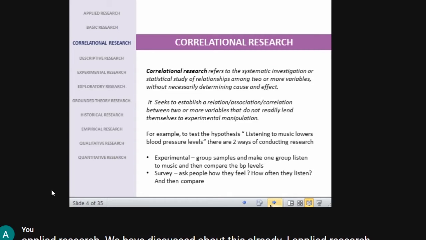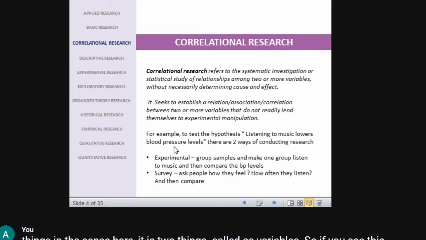Next is correlation research. The word correlation itself indicates that there is a relationship between two things, and things here are called variables. If you see this example, listening to music lowers blood pressure levels. There are two variables. One is listening to music. Second is blood pressure level. How listening to music lowers the blood pressure, so you are relating these two. That is called correlated